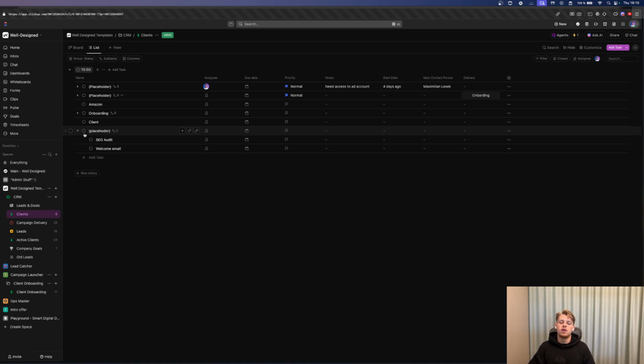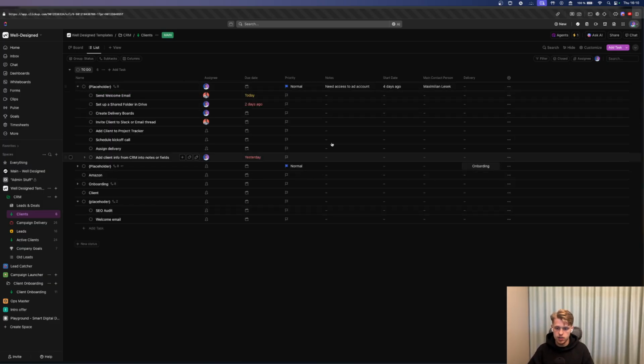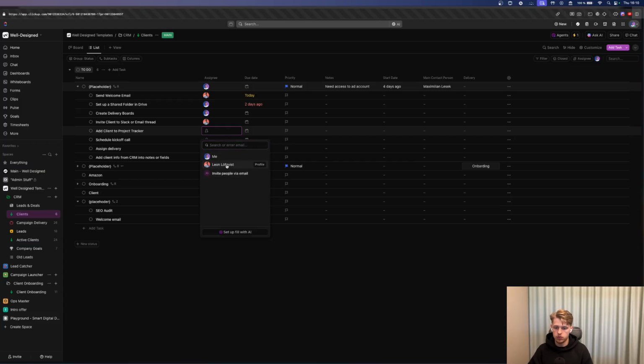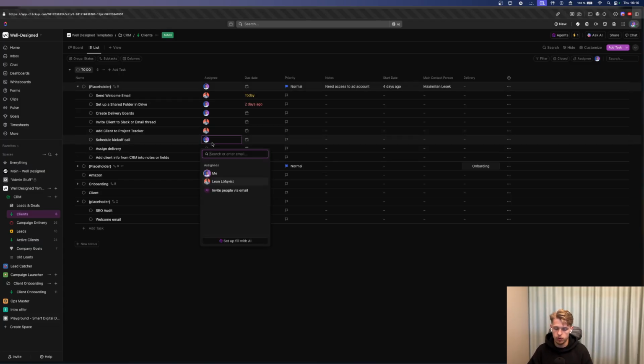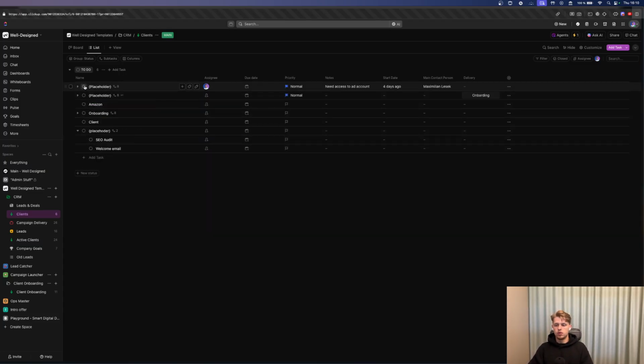But to the point, I'm going to create a task, and create a subtask for every single step you do for your client. Remember this sequence and the order, due dates, and the person going to take care of the task. Quite simple. Now, once that is done, you can see this one. I'm going to assign maybe the rest of the people. I'm just going to show you an example. I don't have to do everything. I'm going to press on the notes. I can also, of course, remove, or no,